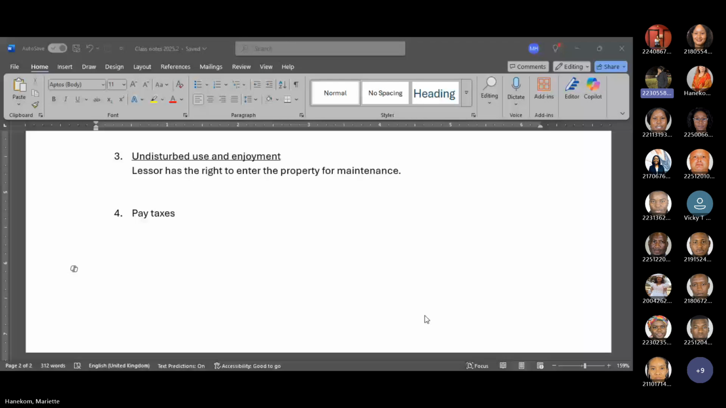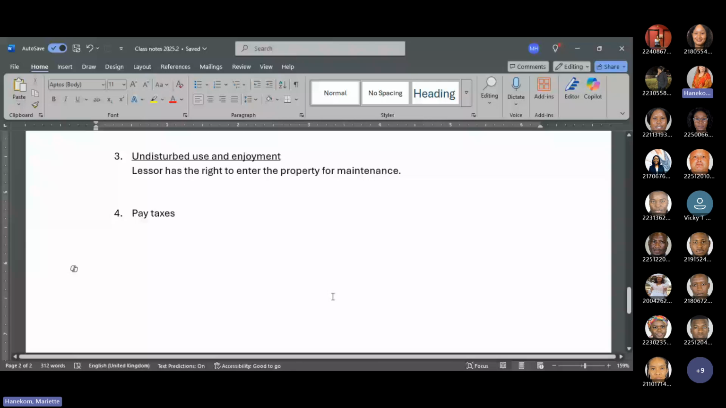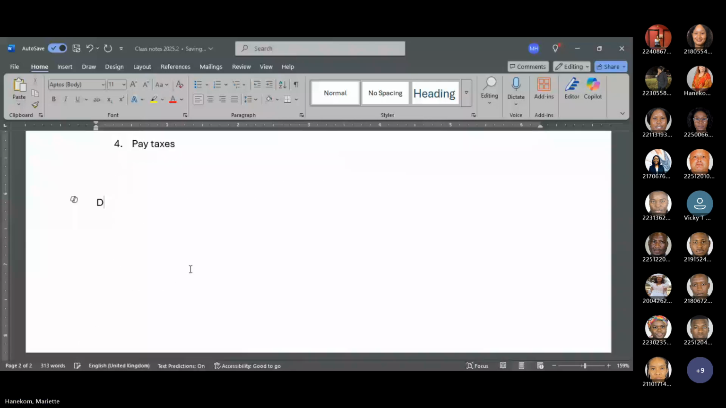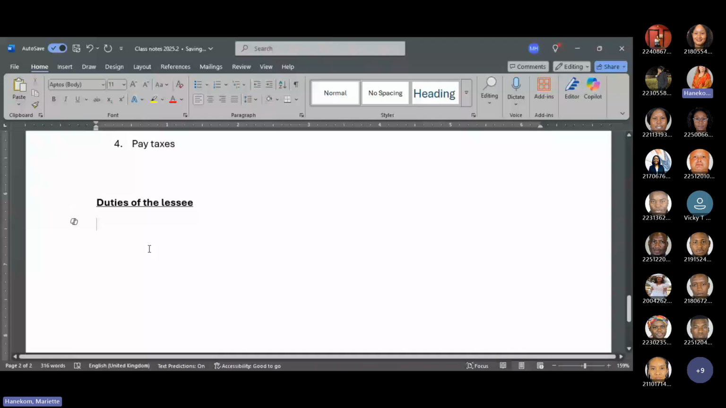You may continue, ma'am. Okay. So then those are the duties, quite straightforward. Duties of the lessor. Duties of the lessee, also very straightforward. Obviously, the very first one,